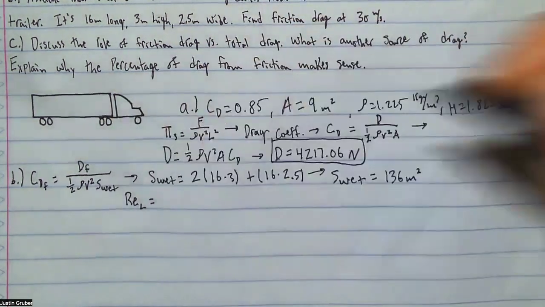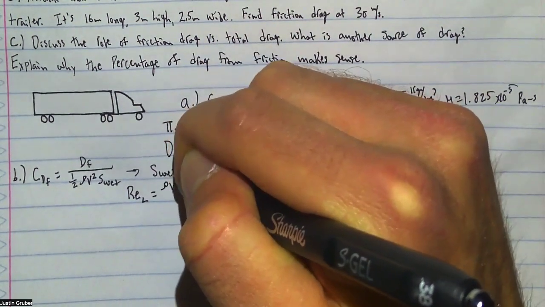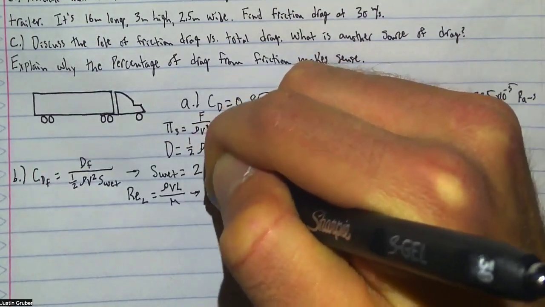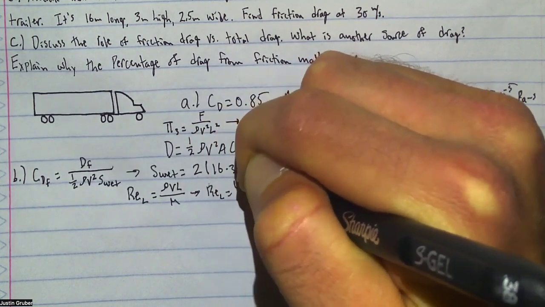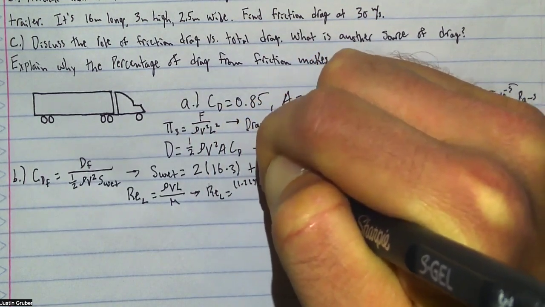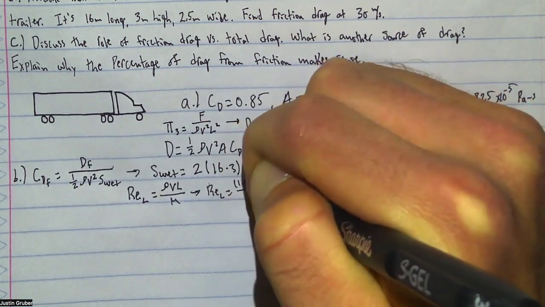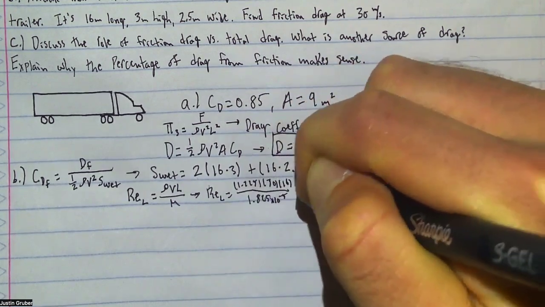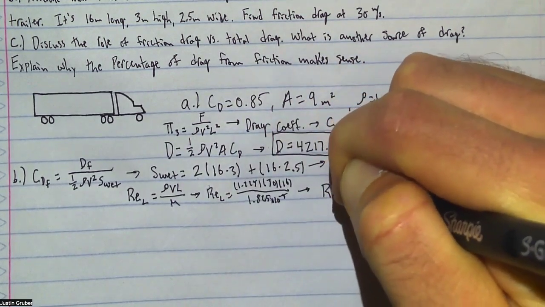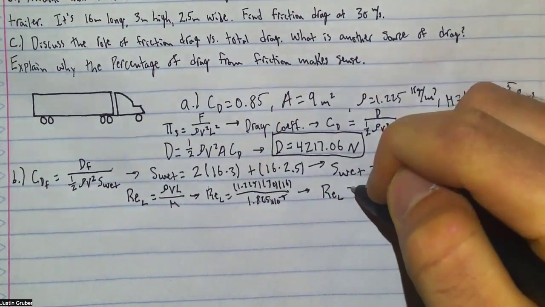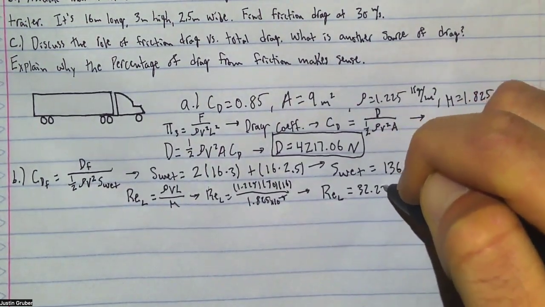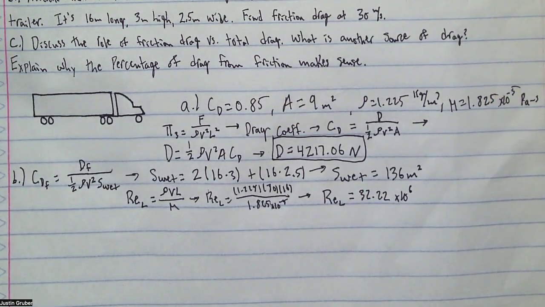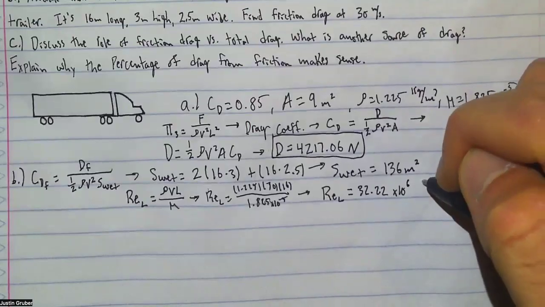So let's do that. And so this is just the usual rho v L over mu. And so this is, times 30 times 16 over 1.825 times 10 to the fifth. Okay, you end up getting REL, Reynolds number with respect to the full length of the trailer. It's like 32.22 times 10 to the sixth. So 32.22 million is the Reynolds number. So obviously it's very turbulent,